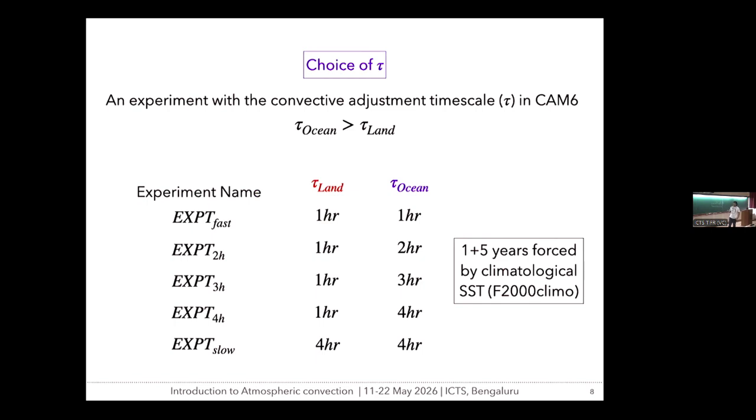And all these simulations, we ran for 1+5, which means we neglected the first year and analyzed the last 5 years, forced by climatological SST. And for people who are working with CAM or who have worked with it, just for their reference, I have used the COMSET F2000 CLIMO. So with this,